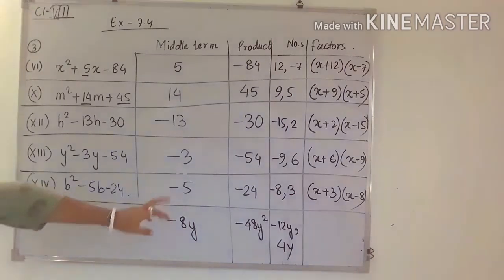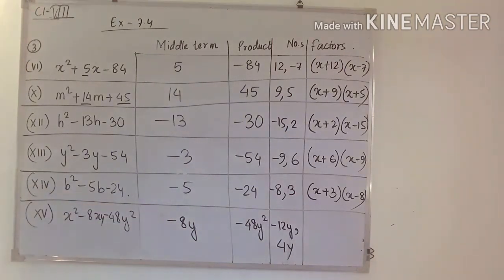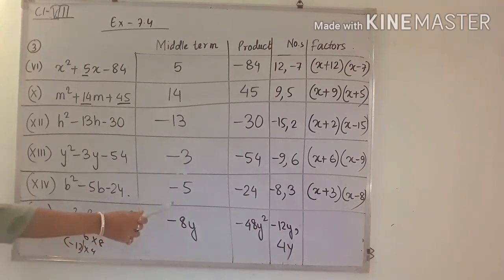So if you factorize 48, there are many answers, 6 eights are 48, but if you add or subtract you will not get 8. If you add or subtract 6 with 8 you will not get 8. Similarly 12 into 4, this will also be 48, 12 fours are 48. But see, when you subtract 4 from 12, the difference will be what? 8 here. So we are taking minus 12 into 4. By that way the negative sign will come, so minus 48. But we want y square.